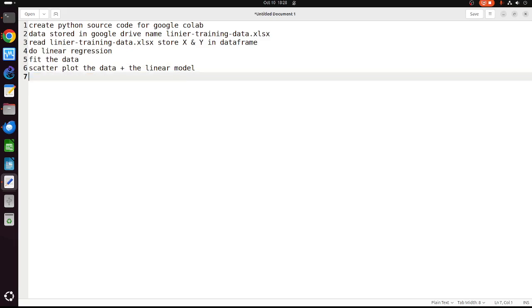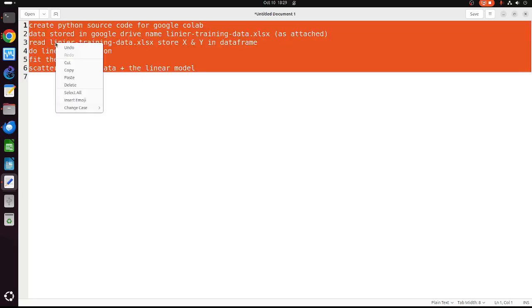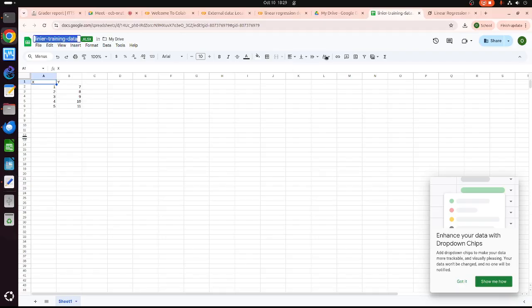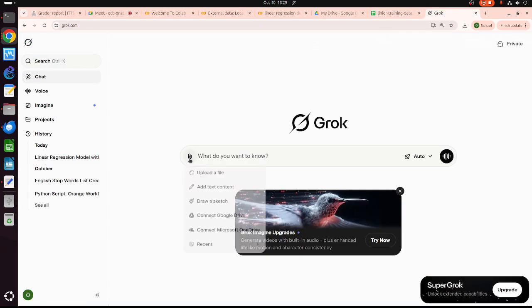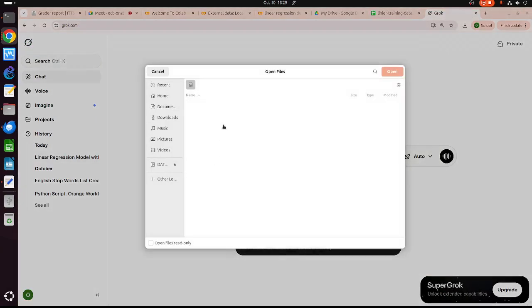So I will attach this file, linear training data Excel, to Grok, and then ask Grok to create Python source code for Google Colab and do all these things. Okay, so copy and then new chat. I will upload the file first.